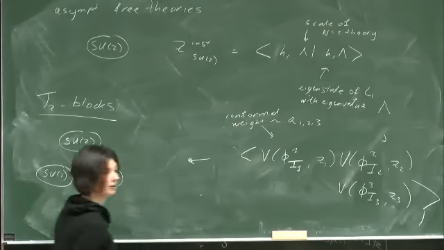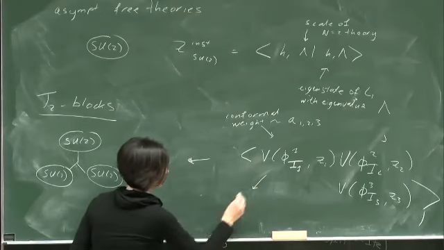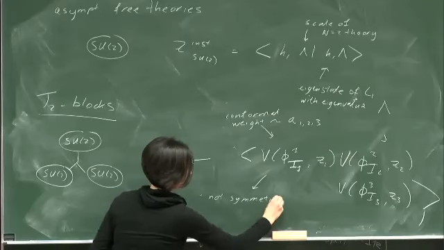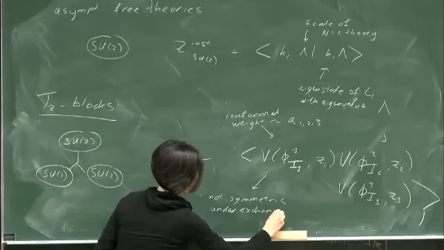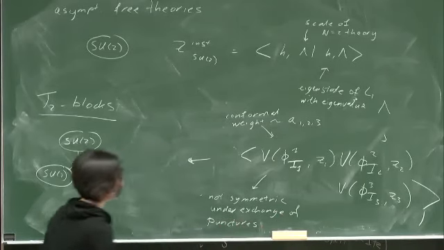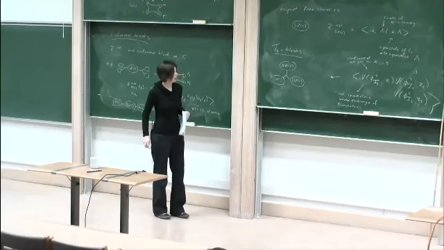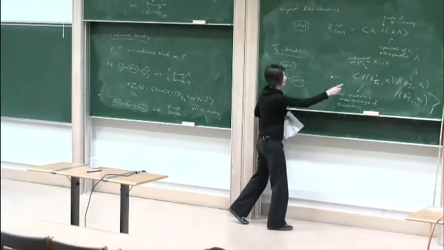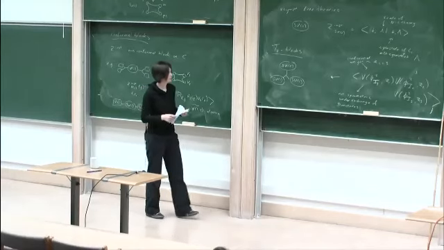Well, if you think a little bit about this, it's actually not so trivial that this is the case, because this conformal block is in fact not symmetric under the exchange of punctures. Whereas if you would compute an instanton partition function for such a block, it would be symmetric under the exchange of the punctures. So it's not immediately clear that this is indeed the right answer. So interestingly,